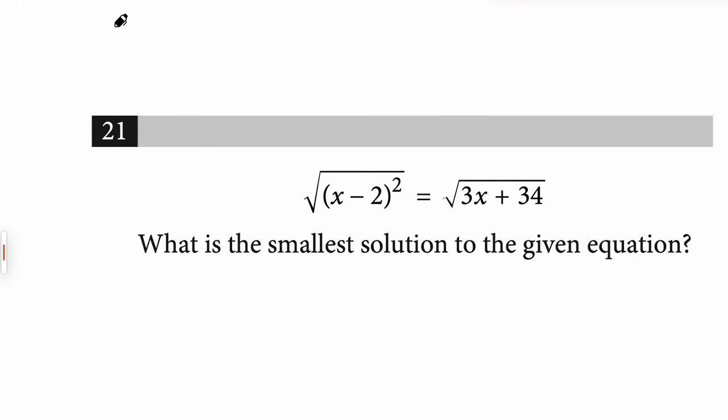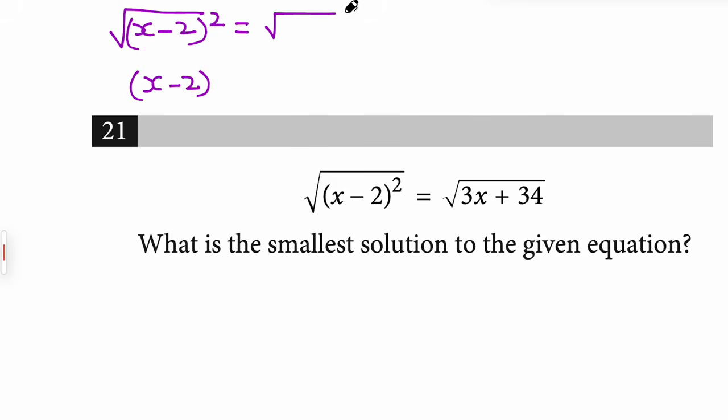So here in our question, the square root of x minus 2, whole squared, is equal to x minus 2, which is equal to the square root of 3x plus 34. Now we need to calculate x, but we have a square root here. If this square root is not here, we will be able to solve it easily. So why not